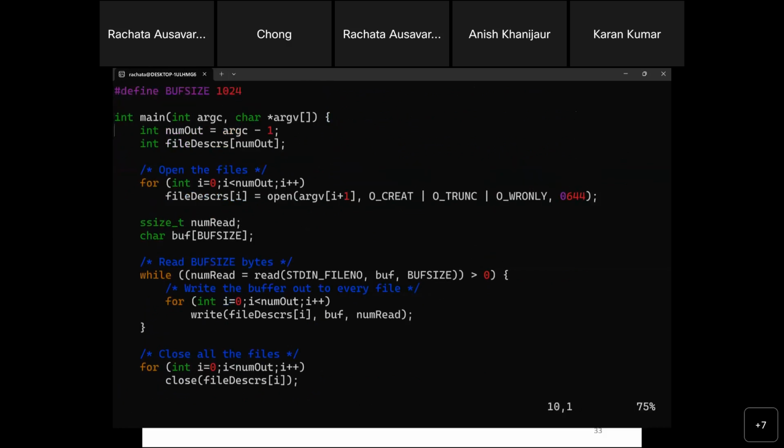So the tee command, first of all, you have the file descriptor. And it can be more than one output location, depending on what you want to put in. So the command is tee followed by the file name. Once you hit enter, you type in whatever. Those things you're typing in are copied over.